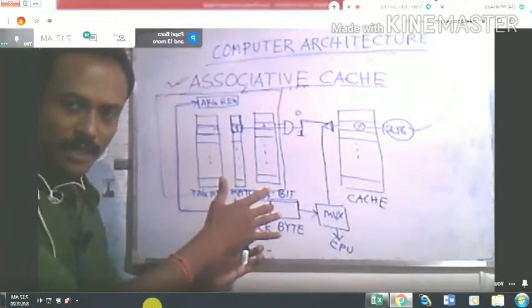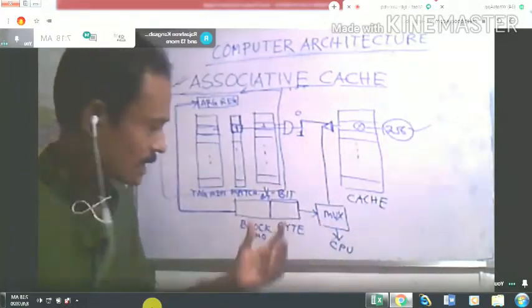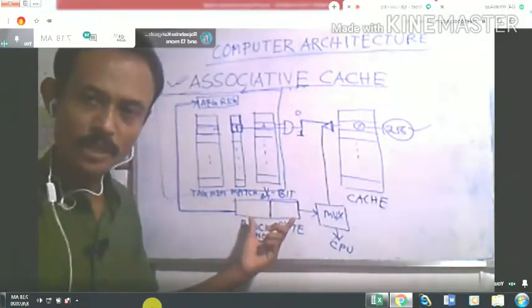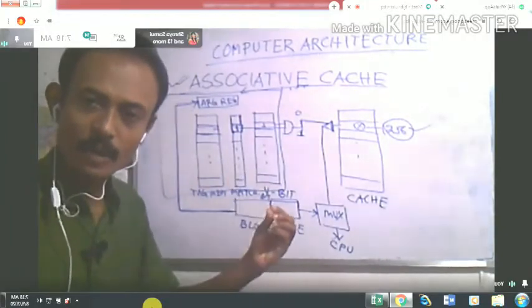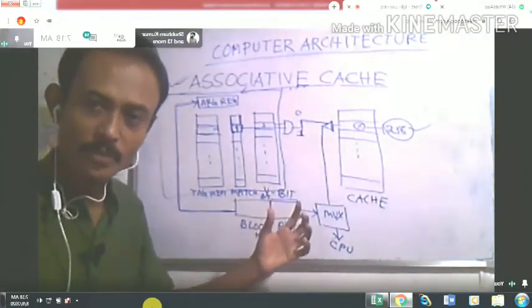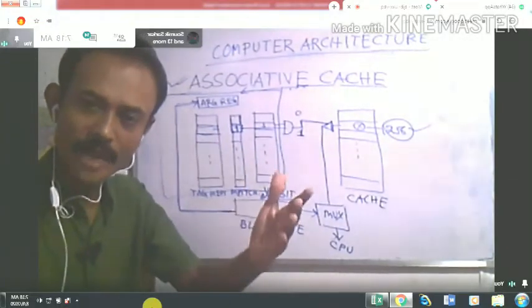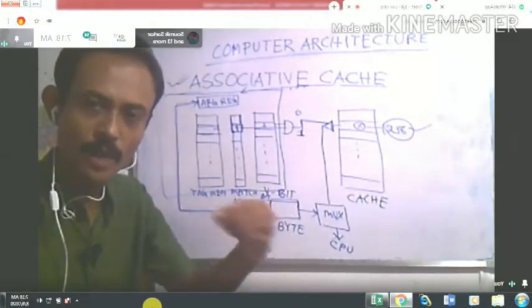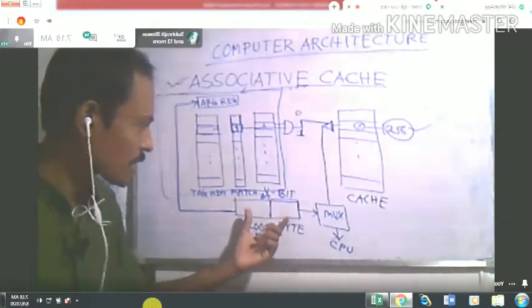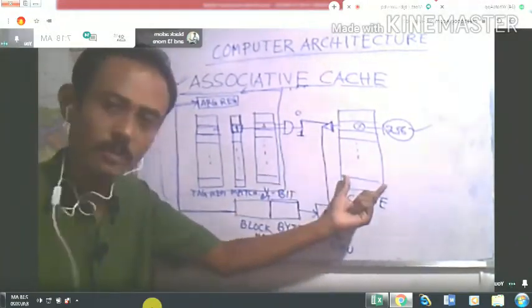Clear? So again I am telling you what the concept is here. Your CPU, your machine, is generating a particular address, and you are checking whether that address, for a byte or word, is present within the cache memory or not.